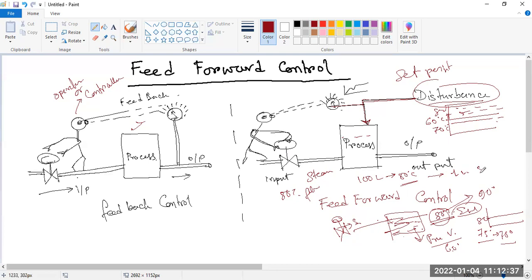So after 50 minutes, whenever you apply 80%, within this 15 minutes it will reach at least 78-degree centigrade. But this 100 liters was fixed. But now what is the disturbance? Say again 50 liters of water is introduced in this process. So what happens? Your temperature